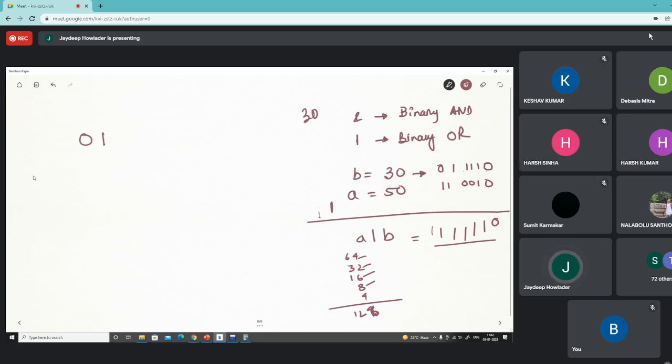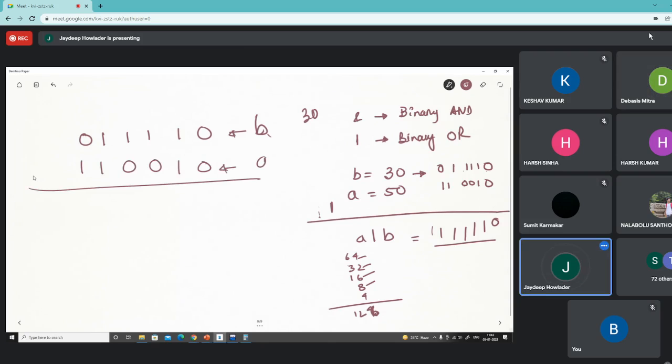This is B, 1 1 1 1 0. And A is 1 1 0 0 1 0. So this is A.